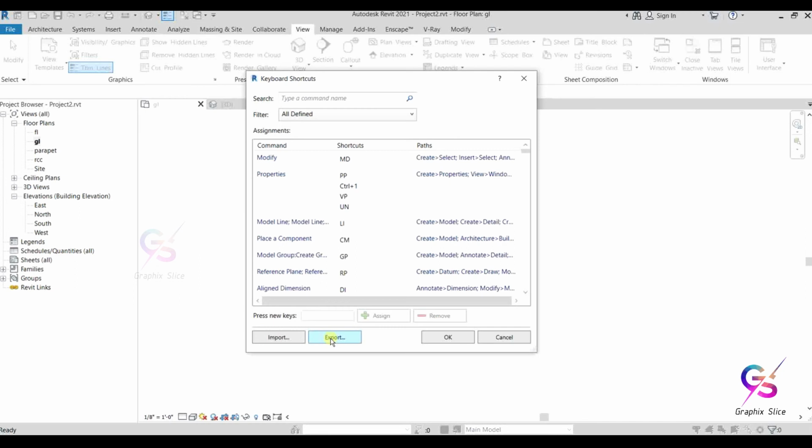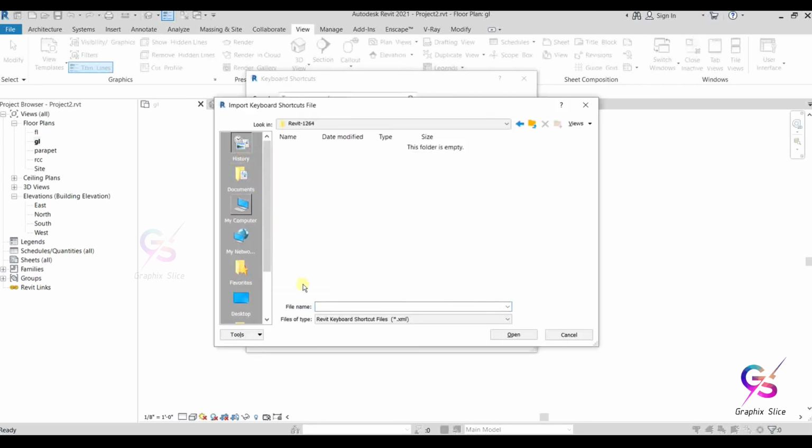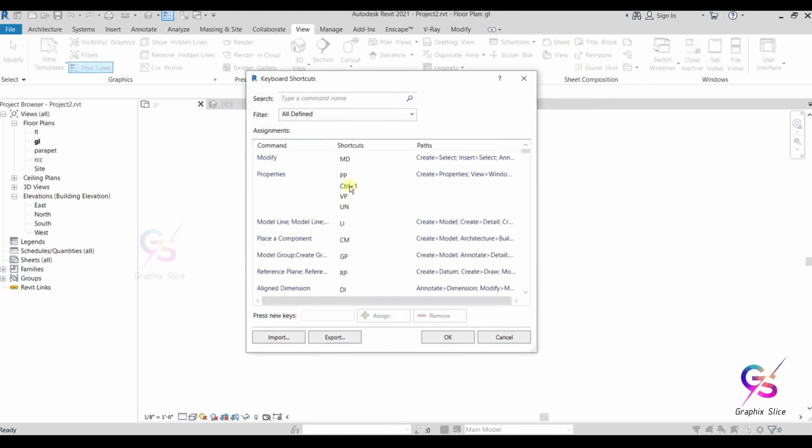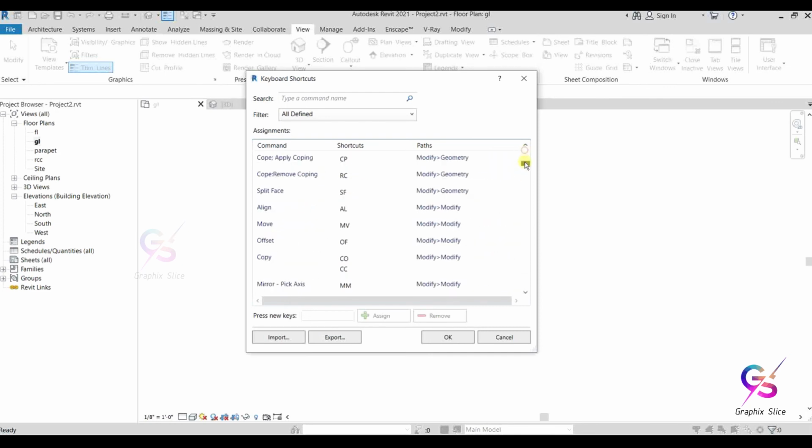Then if you change your PC in the office or anywhere, and you want to use the same set of shortcut commands, use the import option, then again you will get an XML. Select that exported file and click Open. Automatically, the customized shortcut commands list you will get in this window.